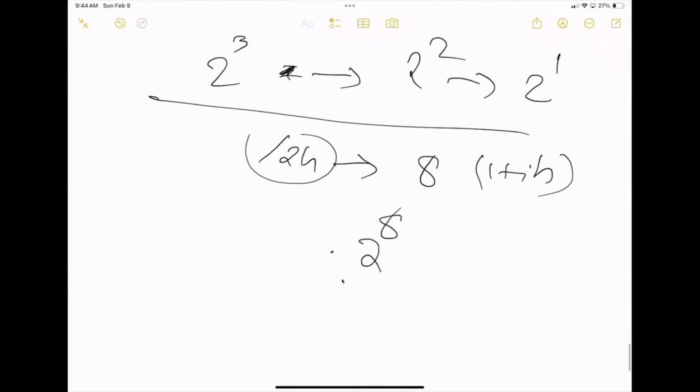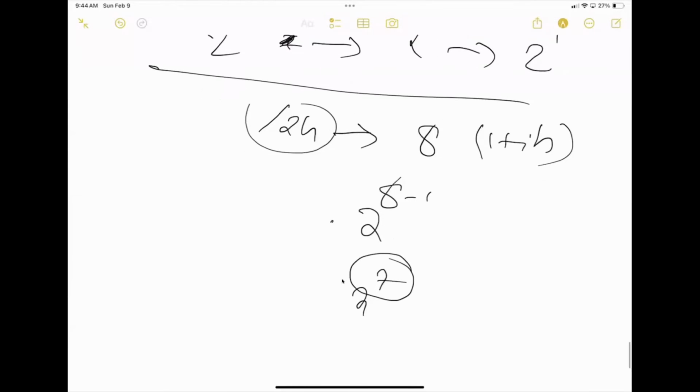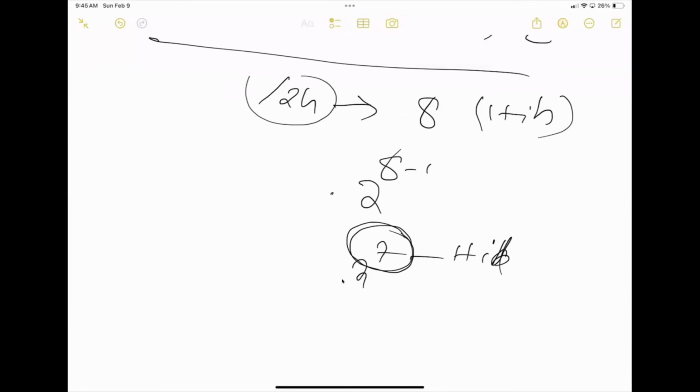So if I want to make it half, what do I have to do? I have to just reduce 1 here. It will be 2 to the power of 7. So now in the answer, 7 will be the number of HID bits. When we define IP addresses, we have to specify the NID bits, right? So how do I convert this 7 back to NID bits? All I have to do is, the total is 32, right? 32 minus 7 equals